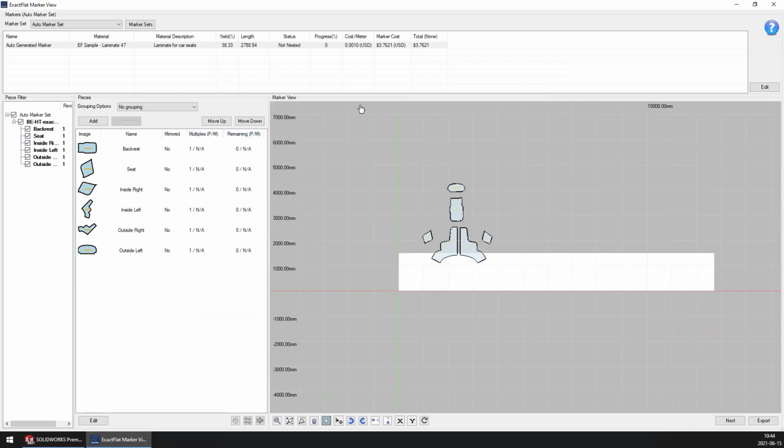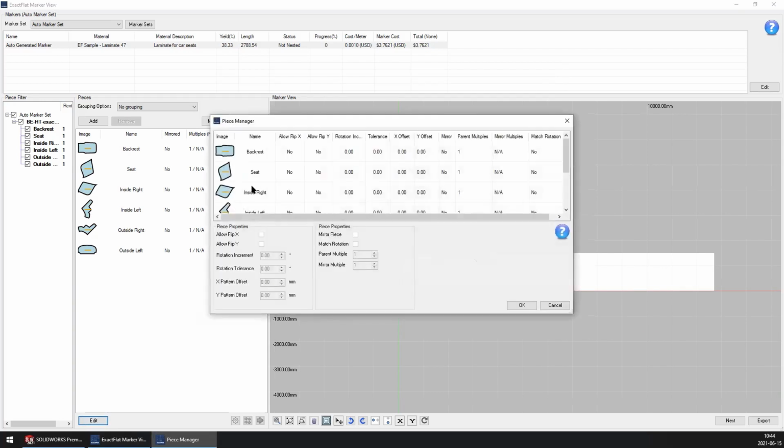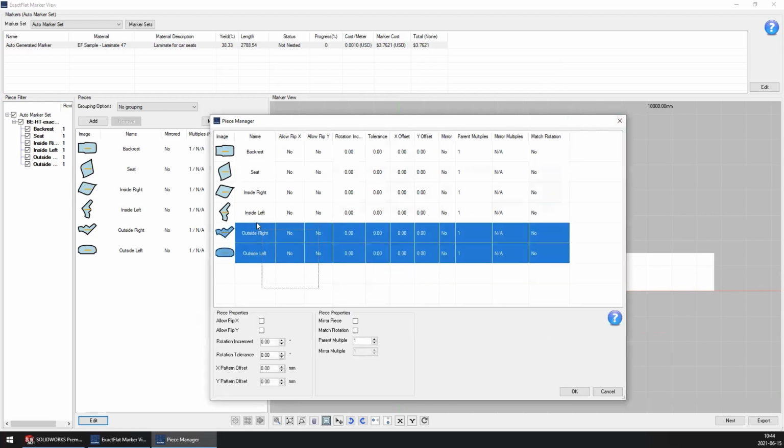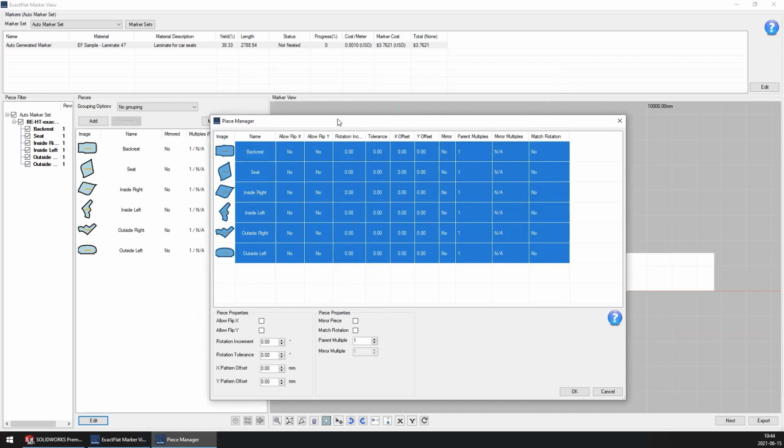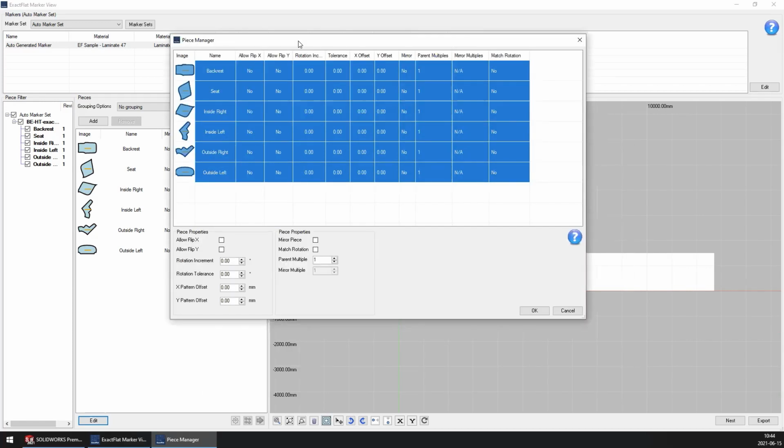And so once your marker properties have been set, we can then move on to our pattern piece properties. So we're going to go ahead and click the Edit button here, and this will bring up the pattern piece properties. We can adjust these properties on a per pattern piece basis, or if we want, we can select every single piece in the list and adjust these properties for every single piece simultaneously. For each piece, we can adjust the rotation increment and the rotation tolerance. The increment is the increment at which rotations occur. So for the default lay rule applied here, we picked anyway, which means that our pieces can rotate in any